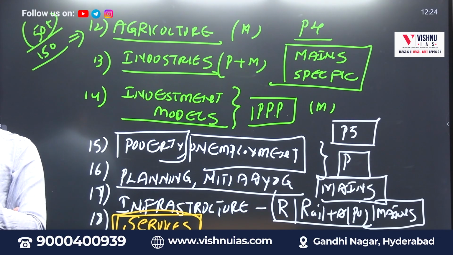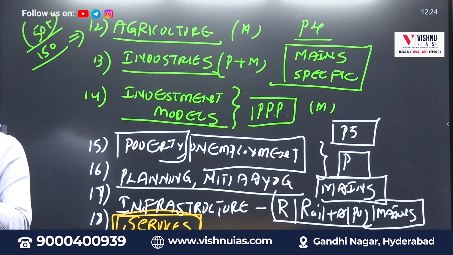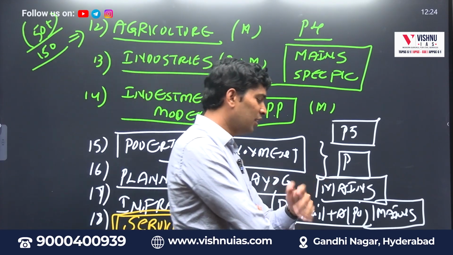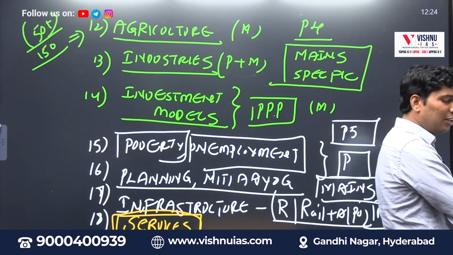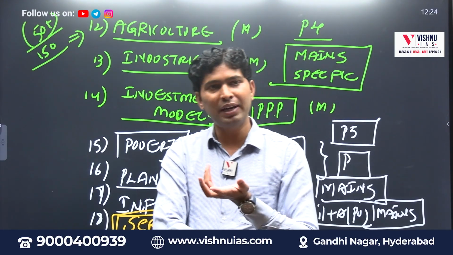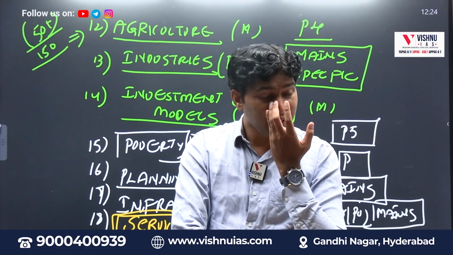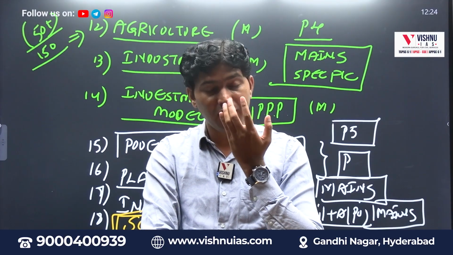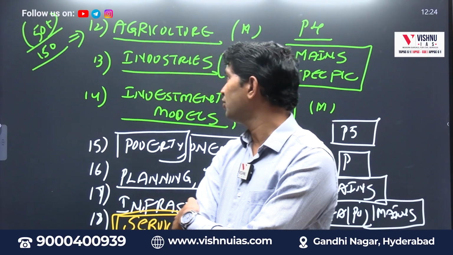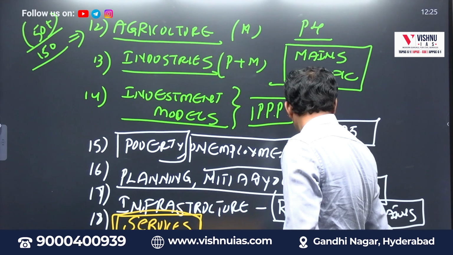General studies should be studied generally only, which means you should not study from an academic perspective. Suppose you are from an MA background, MBA background, or you have done PG in economics or statistics, your knowledge will be helpful for you in writing a better answer. But academics will help you in writing a better link. Okay, so this is the purpose of today's economy orientation class.